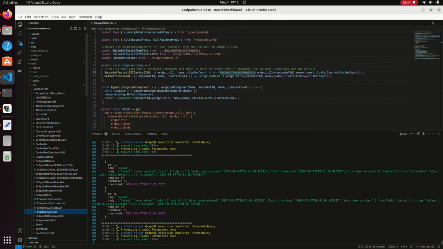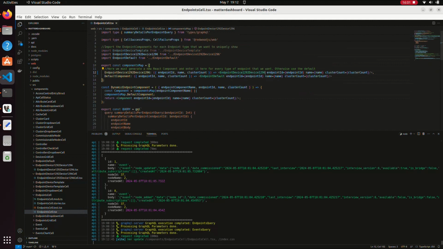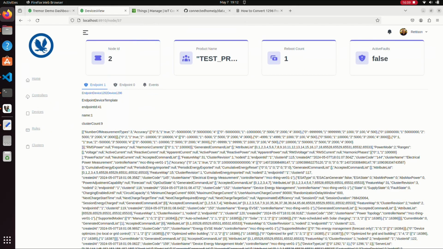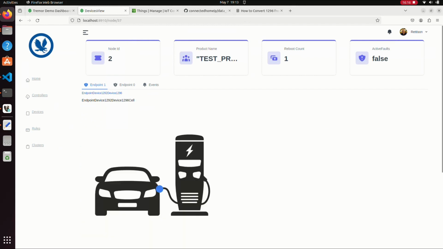Now we need to go and tell the endpoint to use that one instead of the default one. So here back in the endpoint cell, we're going to change this so that when we have this endpoint string here, we're going to go and use the specific thing that we used here. Okay, so we're going to save that. We're just going to make that change here, and when we save the file, what you'll see here is that the development server will reinitialize,